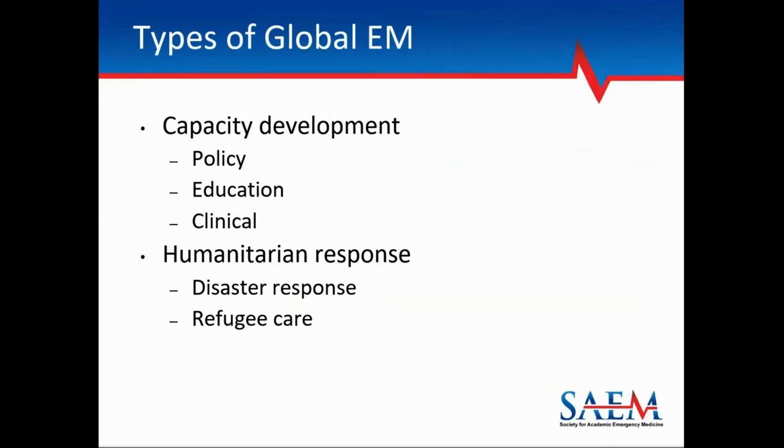So this kind of goes into the different areas of global EM. We have it covering a lot of different aspects. And so we tend to think about it in two big buckets. One is capacity development, or systems development, or system strengthening. Those are commonly used phrases. And then the other bucket is humanitarian response. There's a lot of overlap with this, because things that will strengthen a system's ability to respond to a disaster will also generally strengthen their ability to just do general patient care delivery. But people tend to think about them as, this is the area that I focus in.